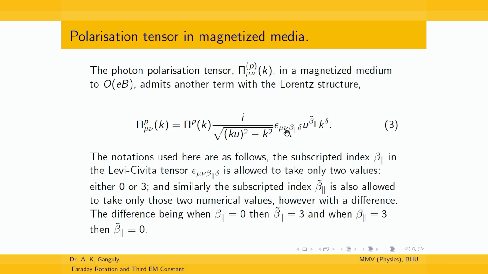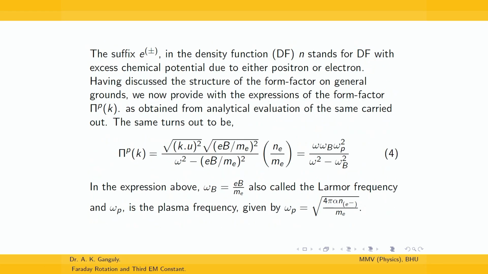the other spatial parts should take the value 1, 2, 3, and in the limit k tends to 0, there is a k in the numerator and there is a k in the denominator. So, both these quantities should go to 0 in that particular limit, and apart from that this pi of k should not have a very bad infrared behavior, and at the end of the day this pi p that we have estimated